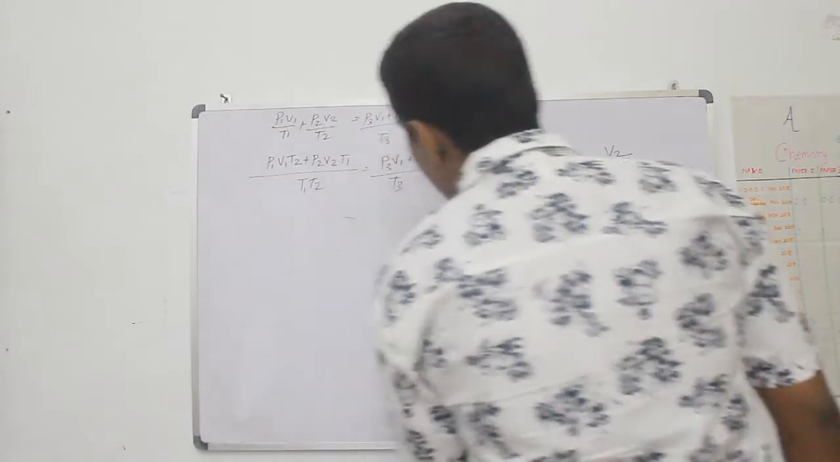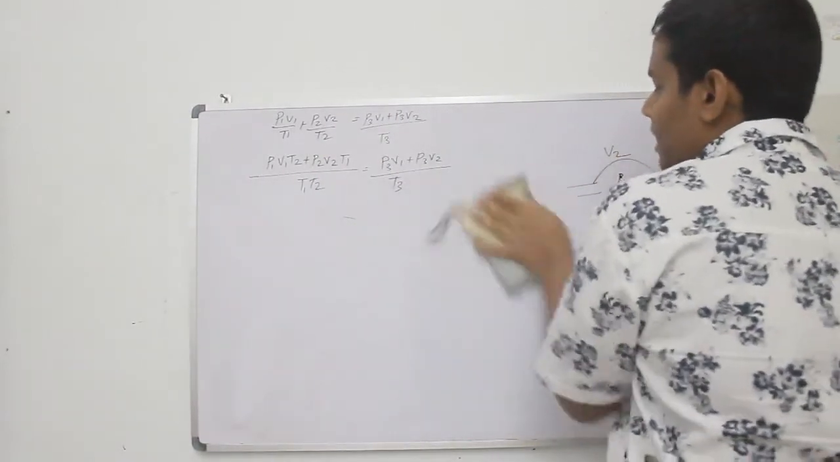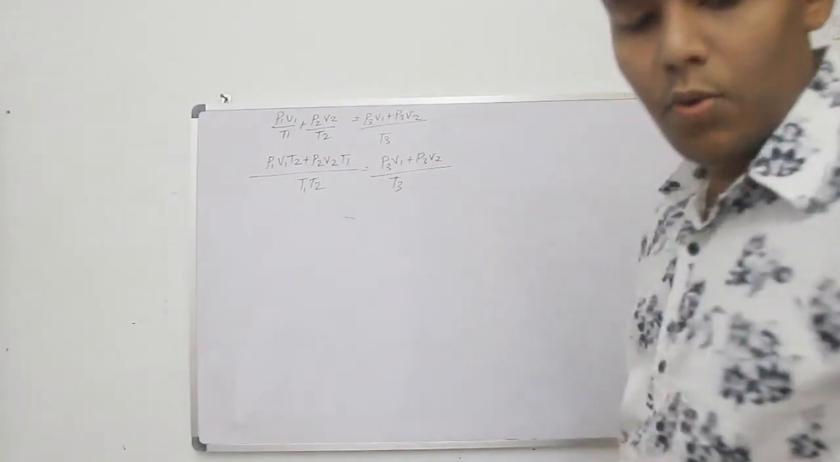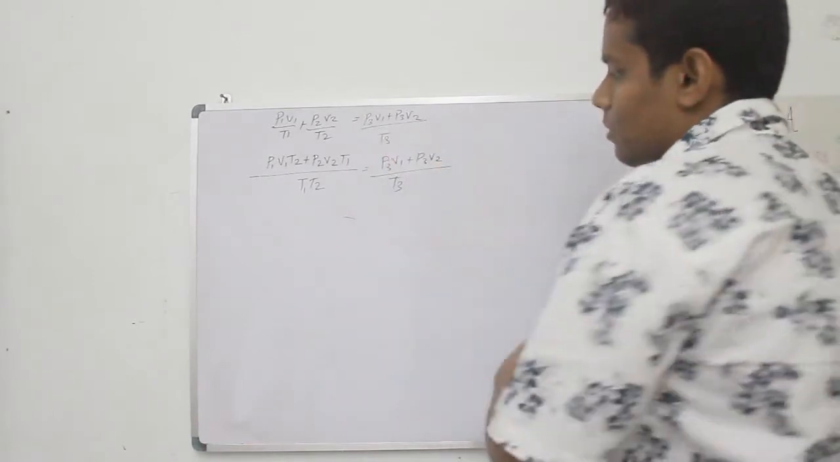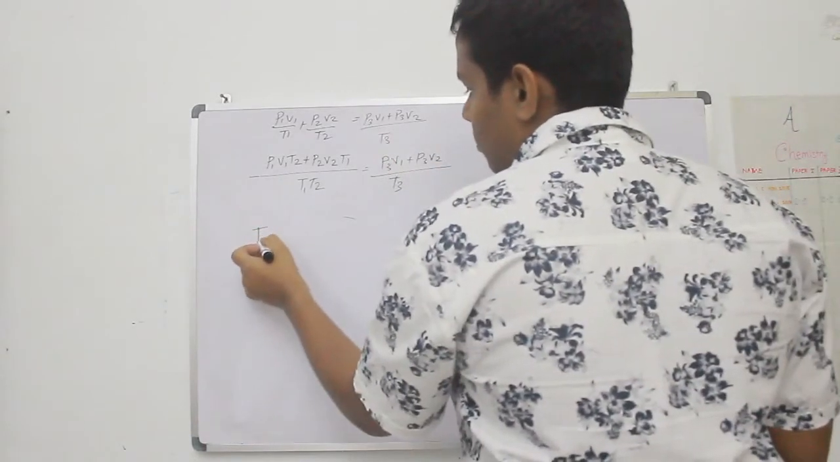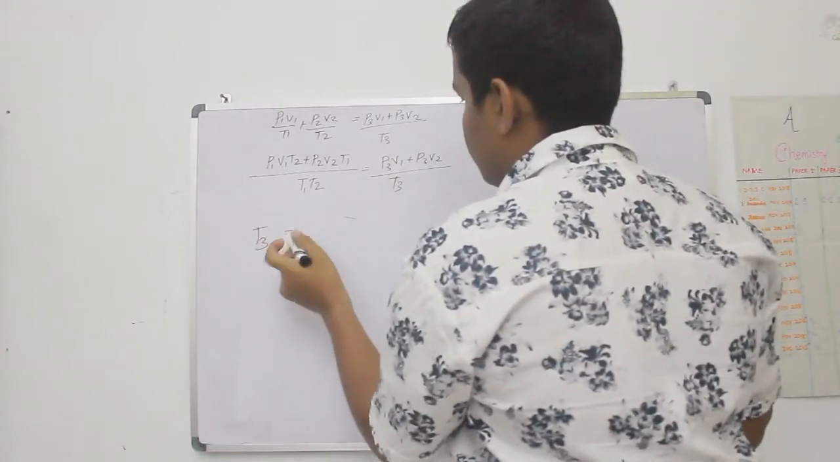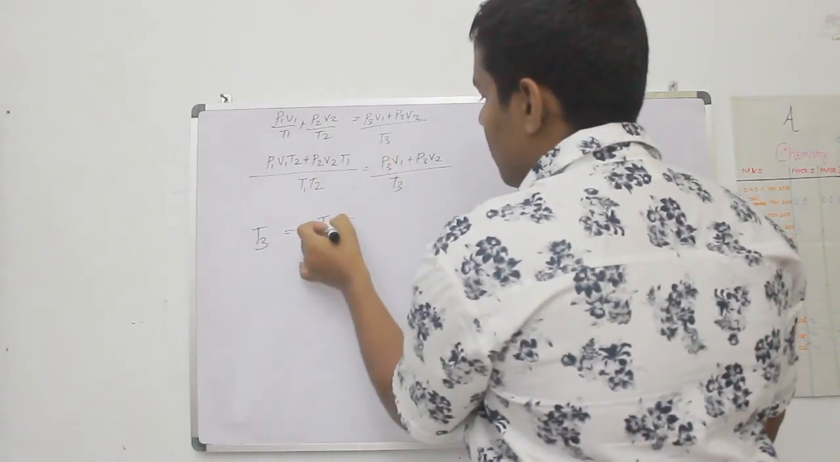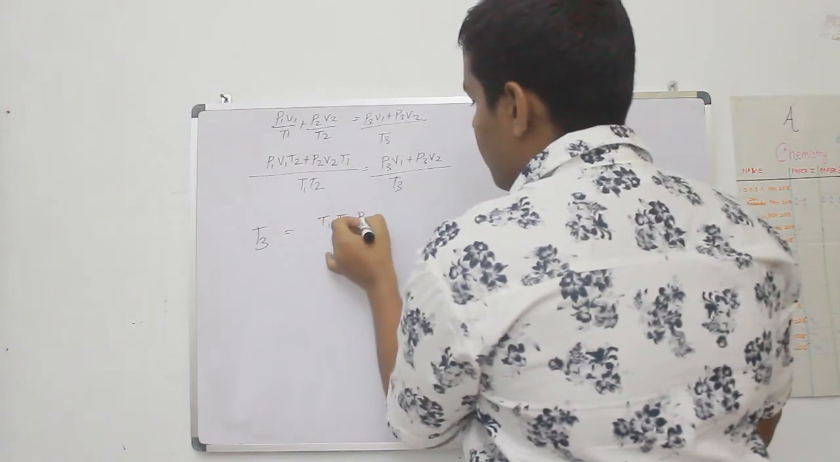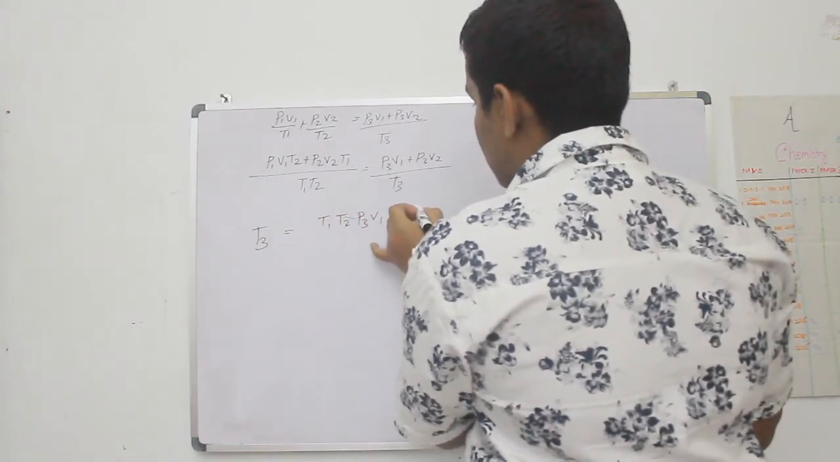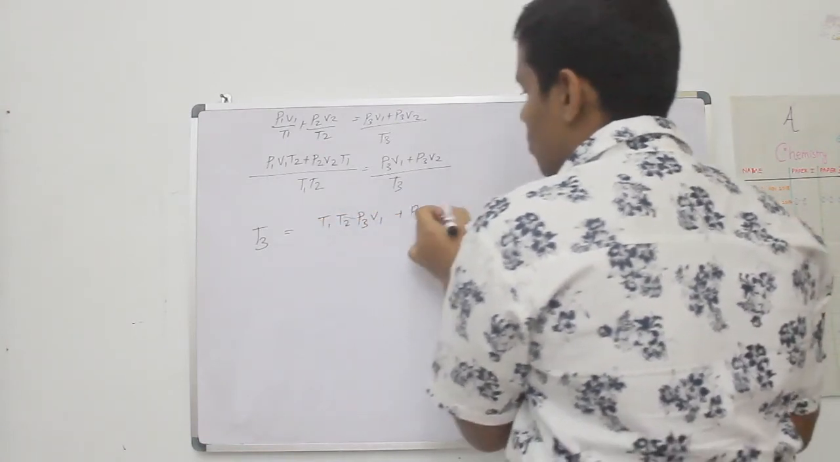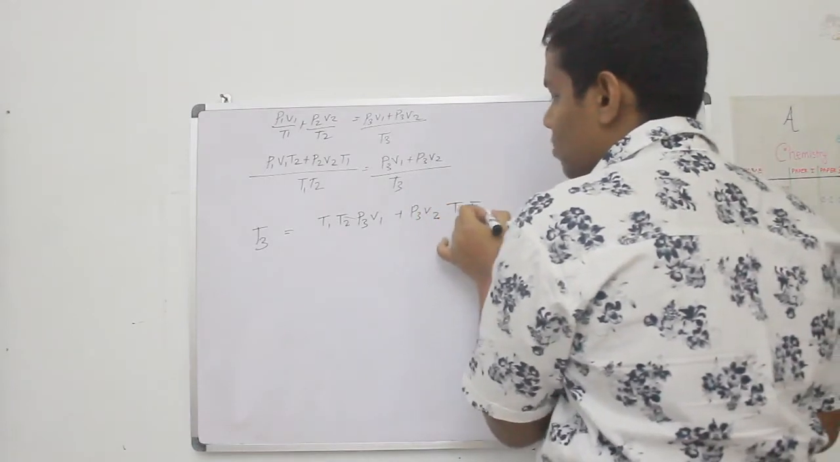Now, I need T3, whichever side of the equation. Now what can I do? I bring the T there, this one down. So T3 equals T1 T2 P3 V1 plus P3 V2 T1 T2 divided by,